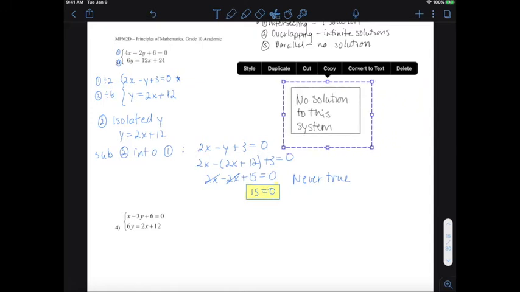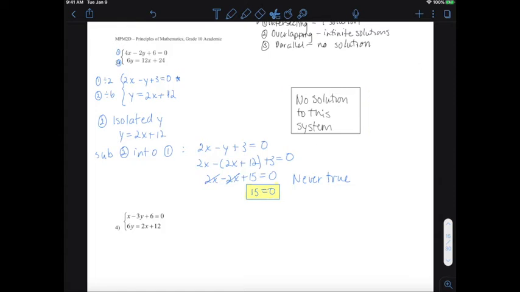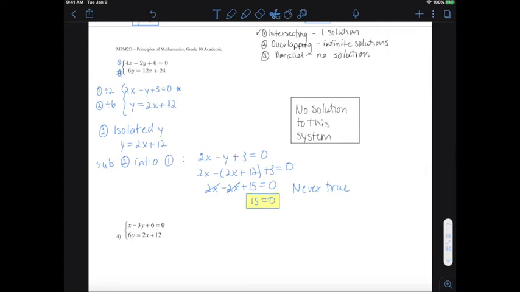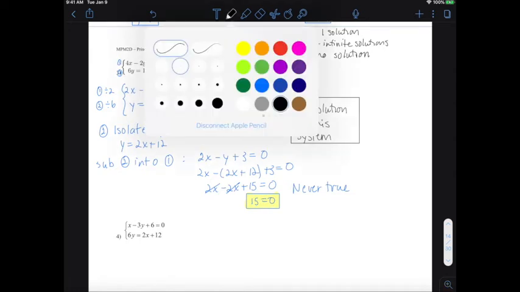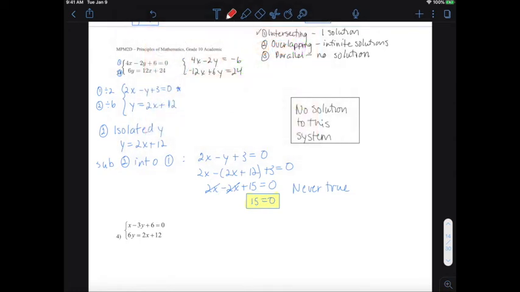Now, is there a way we could have figured out that these were parallel without actually doing all this work? Well, if I just write these so that all the x's and the y's and the equal signs were lined up, so in this case I would get negative 12x plus 6y equals 24. I would be able to see that here,